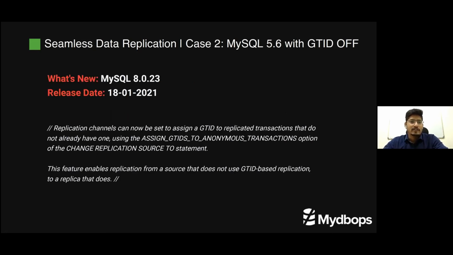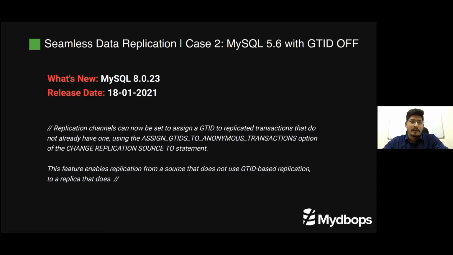MySQL version 8.0.23 was released on 18 Jan this year, which brings one of the interesting features in MySQL. You can run 8.0.23 with GTID on while the replication source, or master, is running without GTID. When you set that, the data replicated from the non-GTID master will be applied onto the